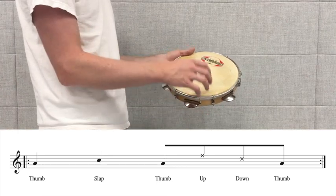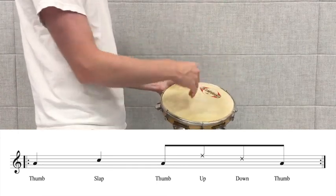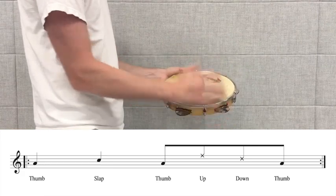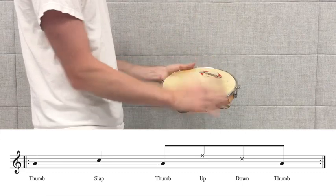So let's start right here. We're just going to go thumb, slap, thumb, up, down, thumb, thumb, slap, thumb, up, down. Okay, here we go. Say that. Ready to begin. Here we go. Thumb, slap, thumb, up, down, thumb, thumb, slap, thumb, up, down, thumb, thumb, slap, thumb, up, down, thumb, thumb, slap,